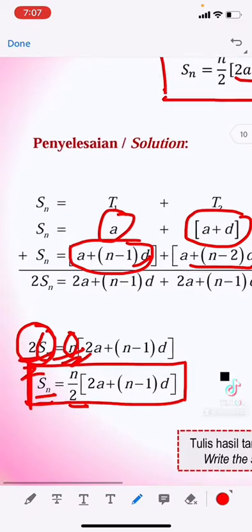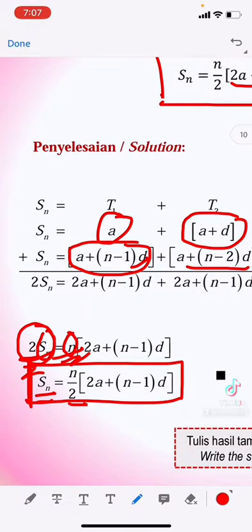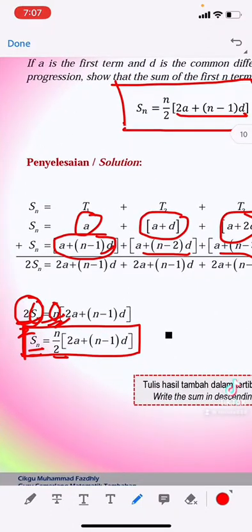Then after that, you just show you plus it, and then you divide by 2. Can you memorize the method? Write the Sn. Start from A, and then until the last term A plus n minus 1D, right? And then reverse it, and then you plus it, and then you divide